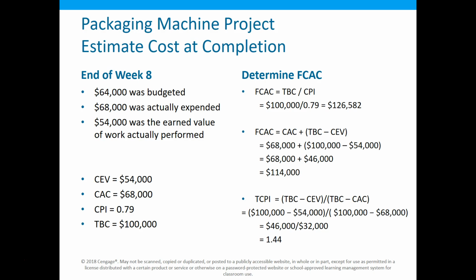This method, so cumulated cost plus total budgeted cost minus expected value, what this does is says at this point, at week 8 in our project, suddenly this project is going to turn around and all of our budgeted costs are going to be accurate, and we're going to add in that little extra piece from original when we're behind, and we're going to come up with a new cost. It is probably the least accurate of these methods, in my opinion.